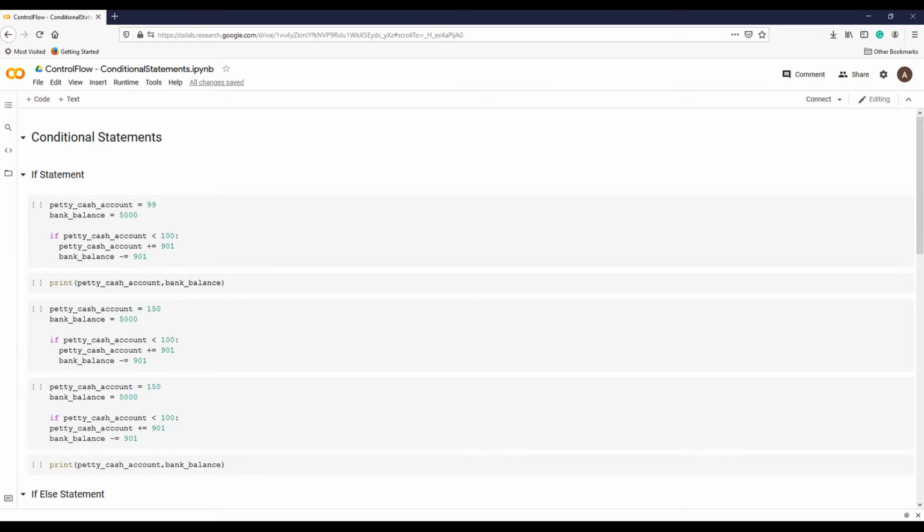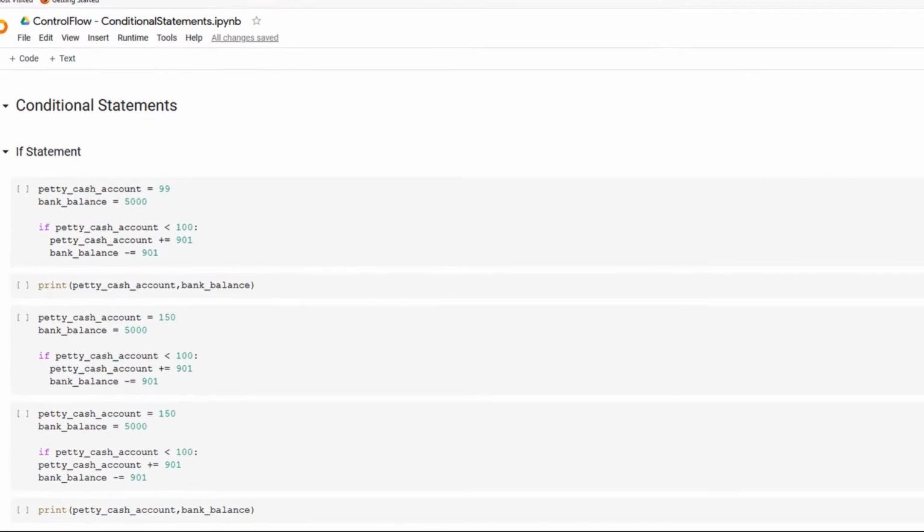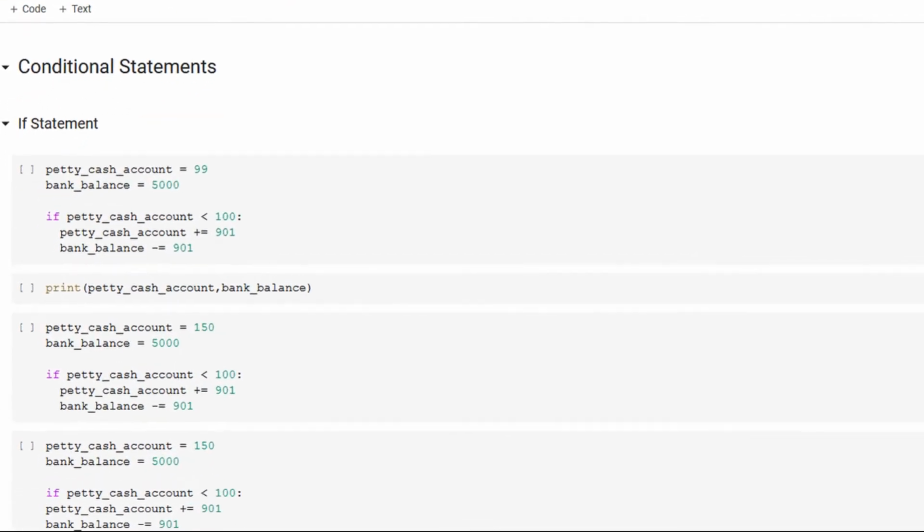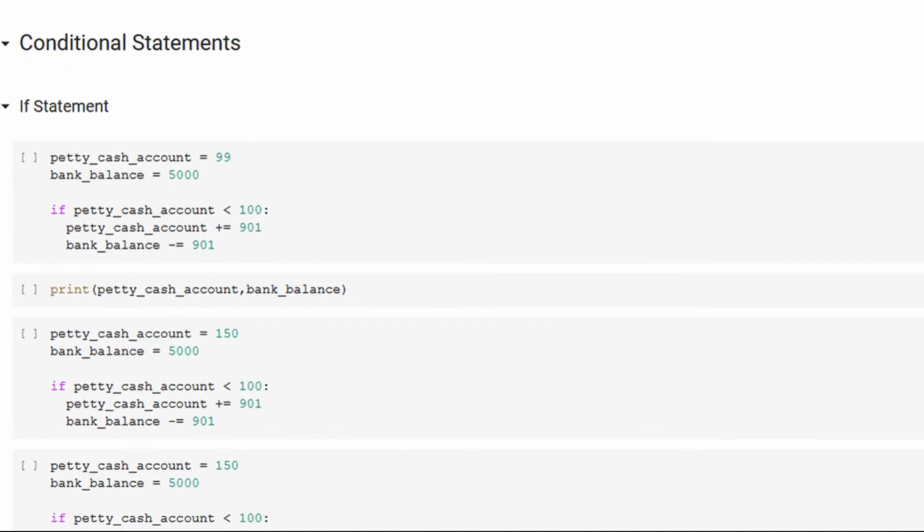You may set up a link with your bank account to automatically put money into the petty cash account to make it $1,000. Here is a sample way of representing this system in code. Suppose the petty cash account's current balance touched $99 and you have $5,000 available in your bank account.